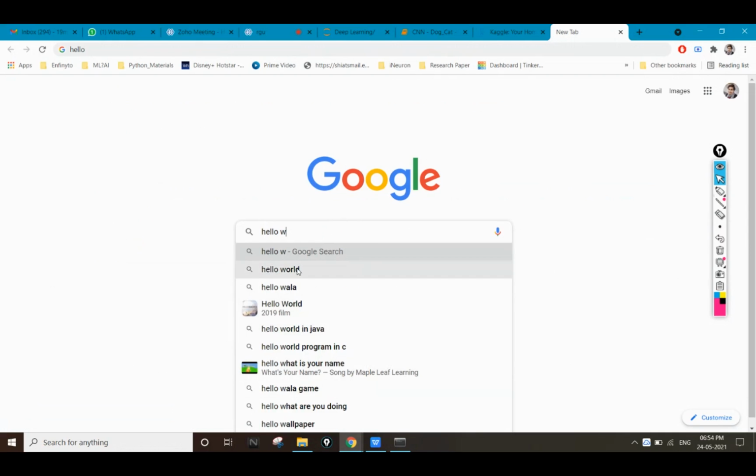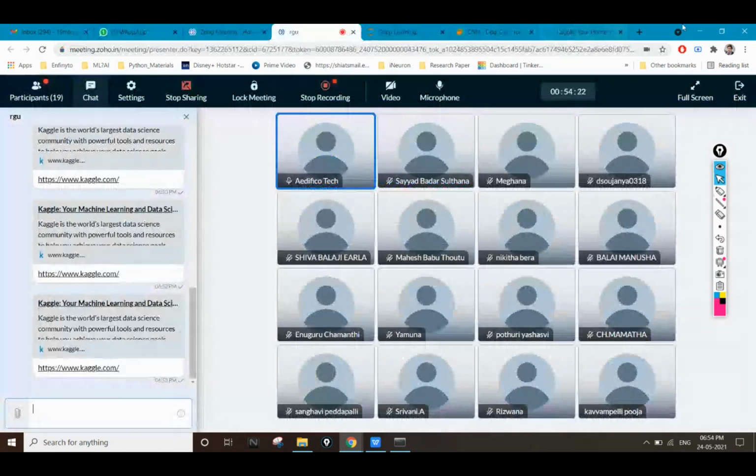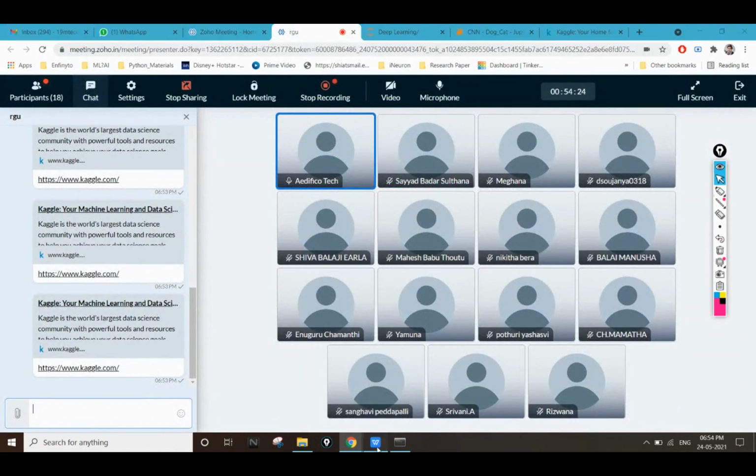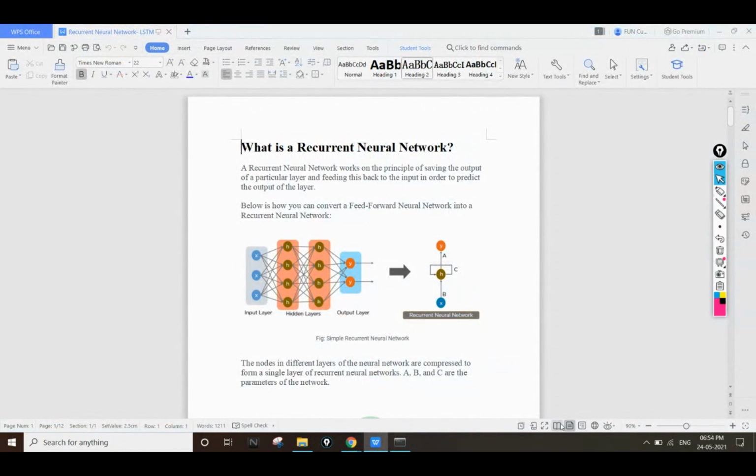Google is able to give me recommendations based on the first word, or based on a sentence which I have written previously.